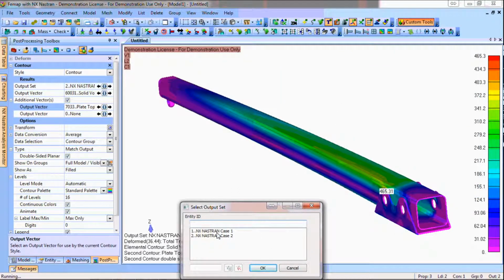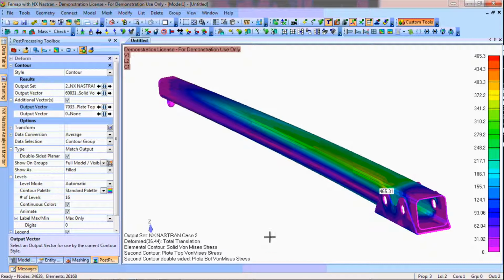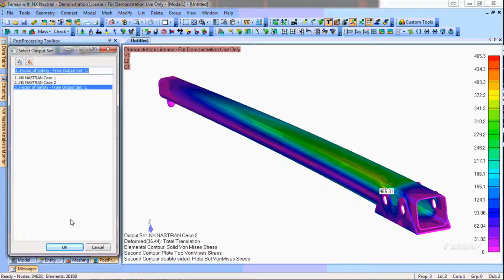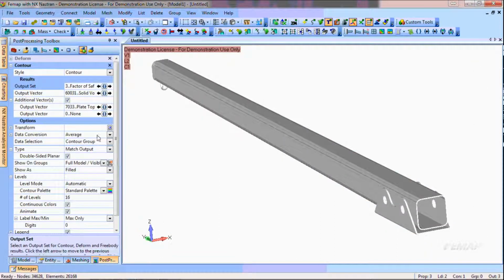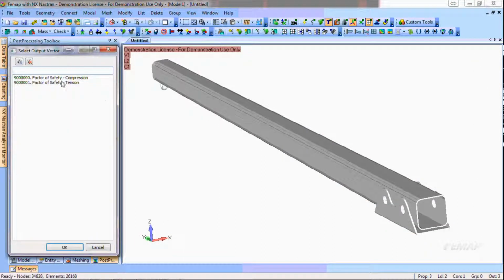I'll create a factor of safety plot based on the first load case. It goes away, analyzes the factor of safety, and it actually creates a new output set. And then I've just got to switch to the appropriate